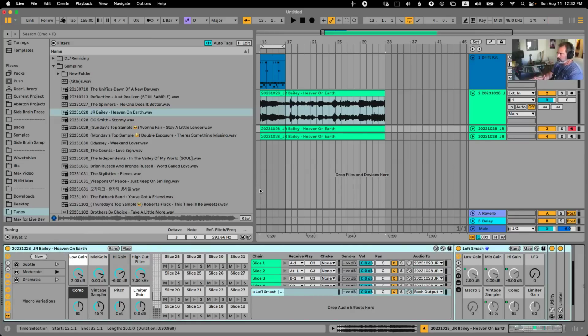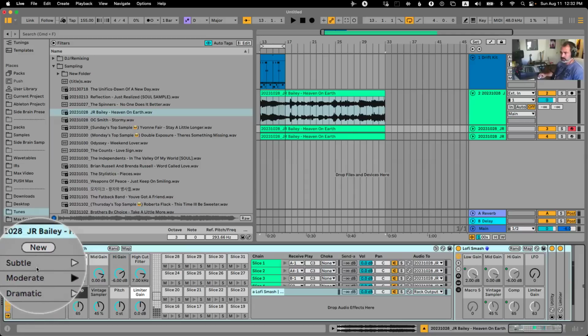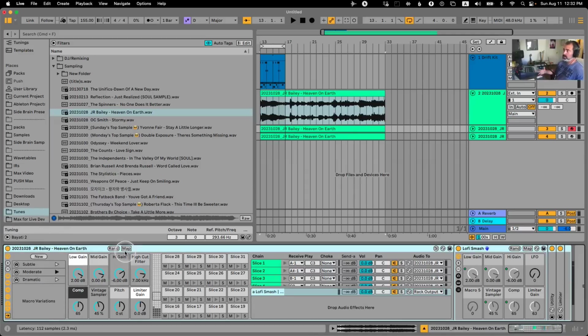Now, I do want to mention that there are some significant updates to the Push. Most notably, now you can use variations, you can group things, and you can map macros from the Push. So it's really amazing for the Push standalone, but also if you're using the Push as a controller. I think also for the Push 2, definitely for the Push 3, because that's what I have, that's what I checked it on. I have the Push 2 somewhere, I have to check it, but really big significant changes. It definitely was missing. A lot of stuff is still missing, but it definitely was missing at least for the standalone thing, stuff that can now compete with other sequencers and samplers,